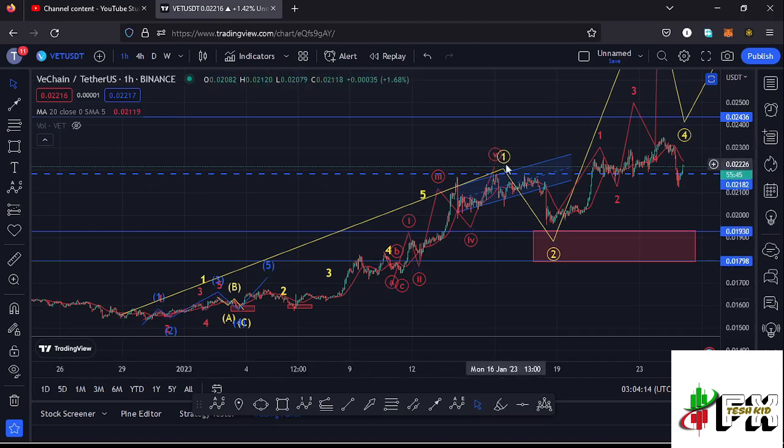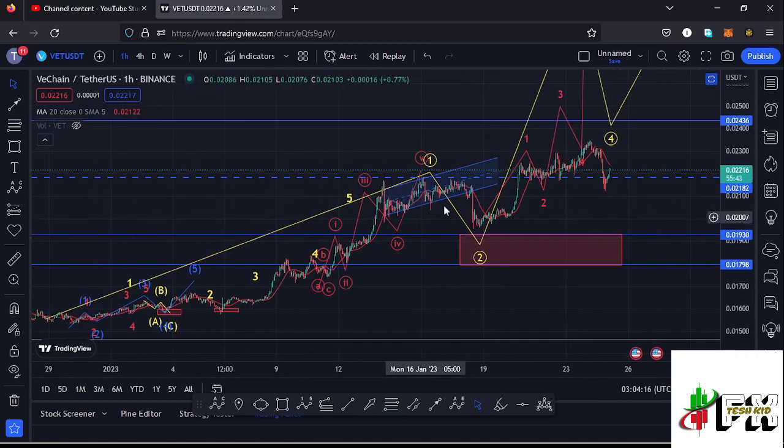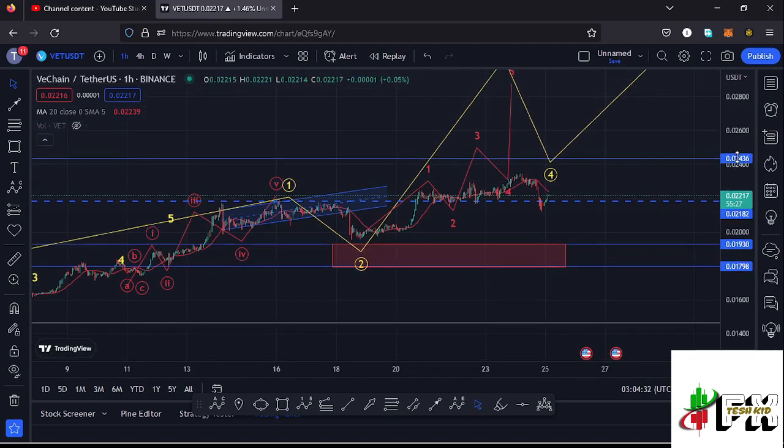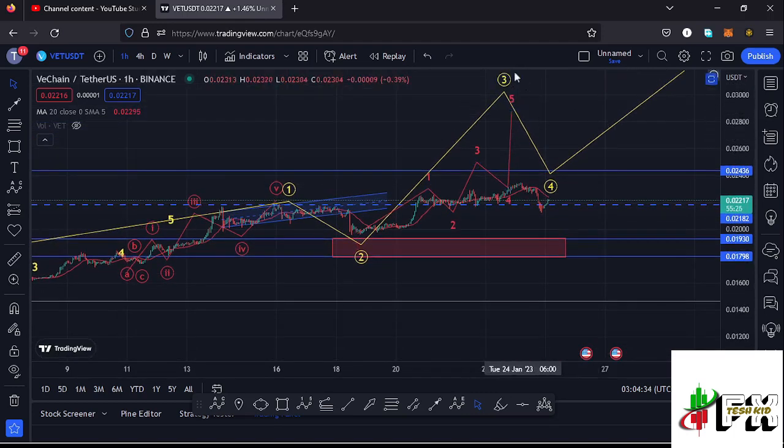And after seeing that 5-wave structure to the upside, I believe Vechain completed an even larger Elliott wave count 1 to the upside, and after seeing the high for that higher Elliott wave count 1, whatever we expect next on the short-term scenarios is a bit of a corrective structure in the formation of a second wave, which we saw over here, retracing back to the fib level 0.382. And after seeing a reaction of the fib level 0.382, I believe whatever we are seeing at the moment is a bounce to the upside in the formation of these higher Elliott wave count 3